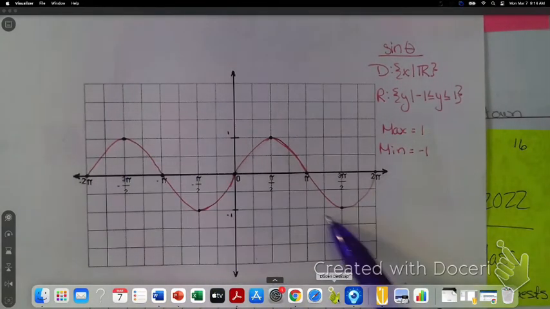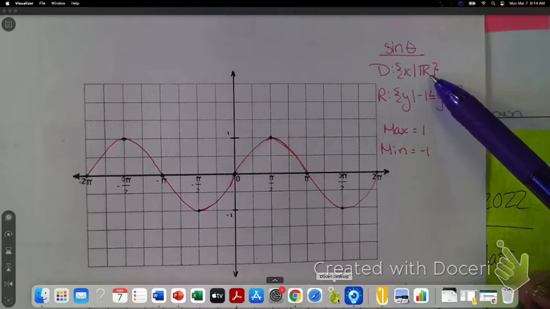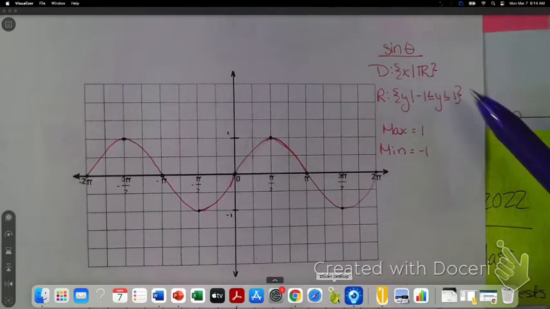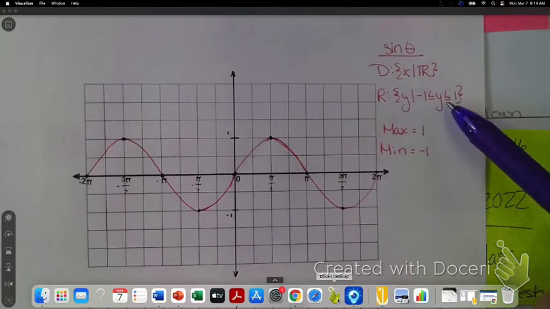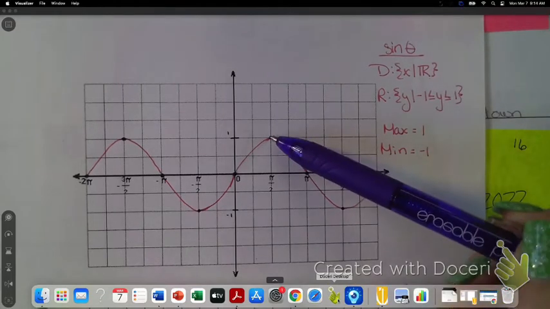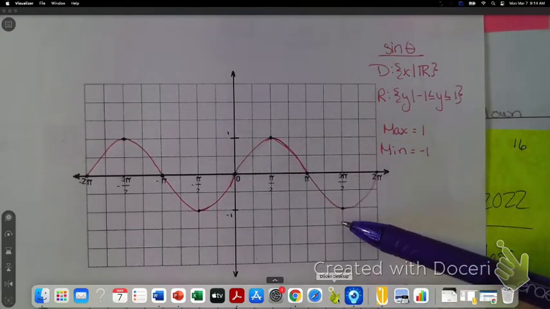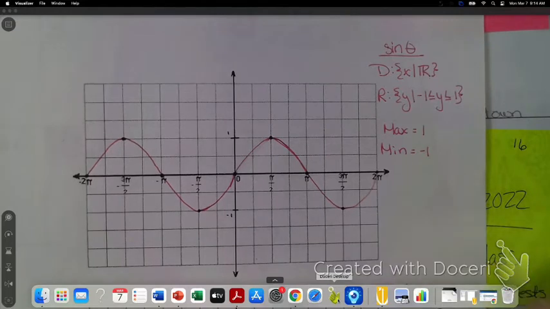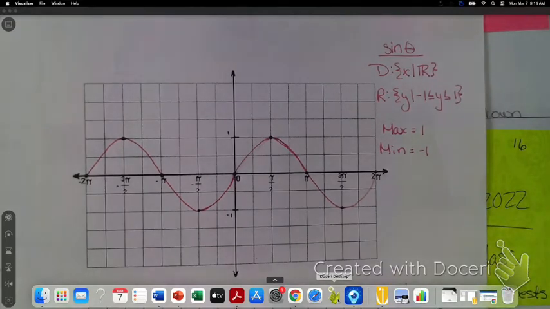It does. Okay. The domain was all real numbers. The range was -1 to 1. Yeah. Max, I don't know if you wrote it on there, but the max is 1 and the minimum is -1, right? Okay. So we are going to throw on there,